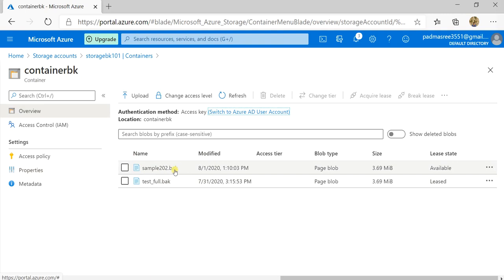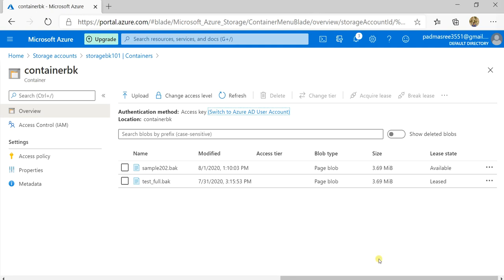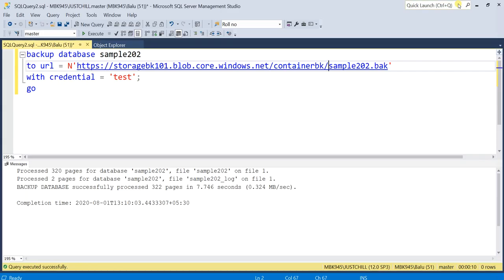Now I am going to restore this backup file in the IaaS instance. Let me show you how we do that. Go here, go to virtual machine. This is a virtual machine. One second, let me log out from here.